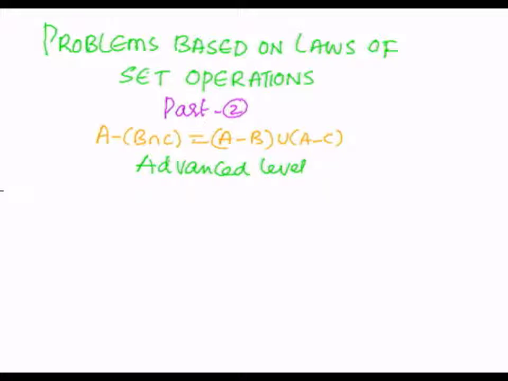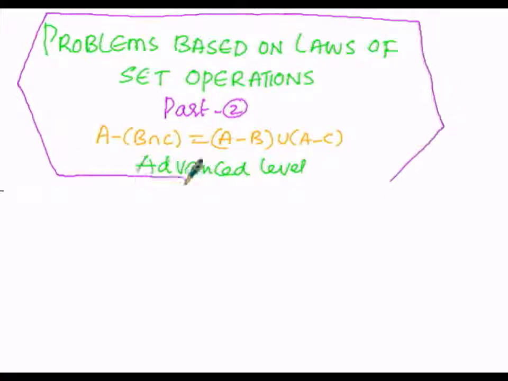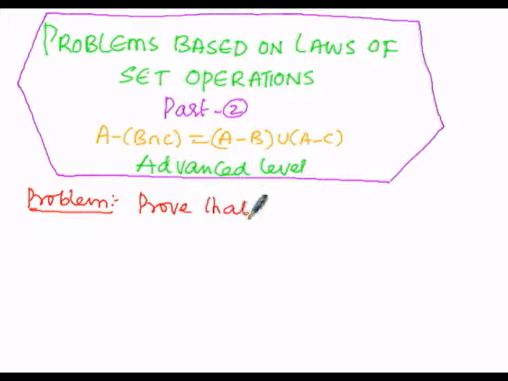Now under the advanced level, we are going to suppose three sets, that is A, B and as well as C, in order to prove the condition which is A minus of B intersection C equals to A minus B union A minus C. Then now here the problem is: prove that A minus B intersection C is equal to A minus B union A minus C,